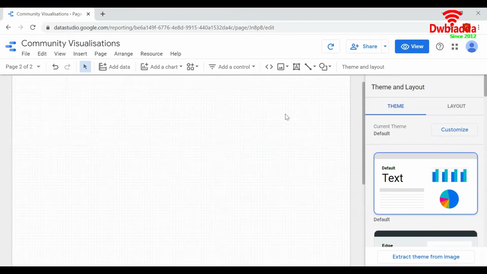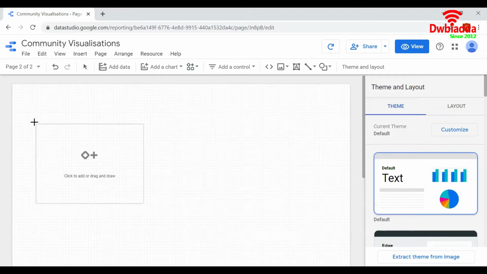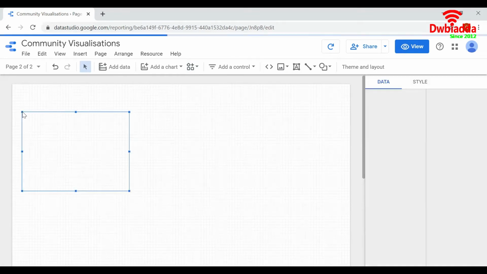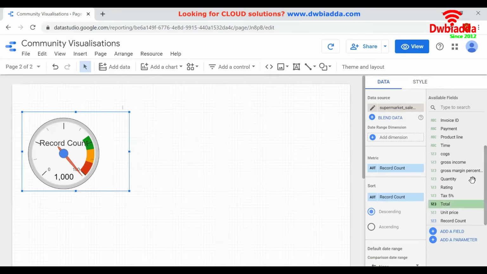In order to add community visualizations in our report, click on the button here, Community Visualizations and Component. Select the chart whichever you desire to add in your report. I will add the gauge chart first. Add the metric value as quantity.